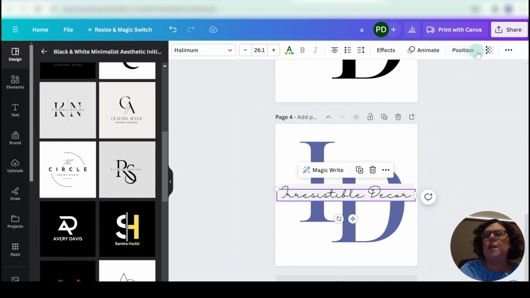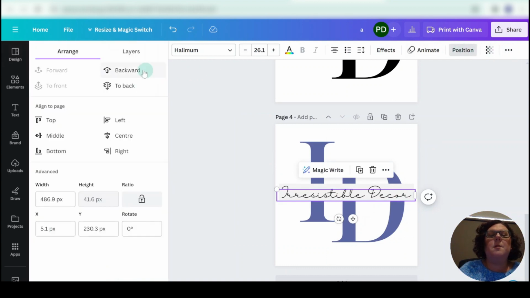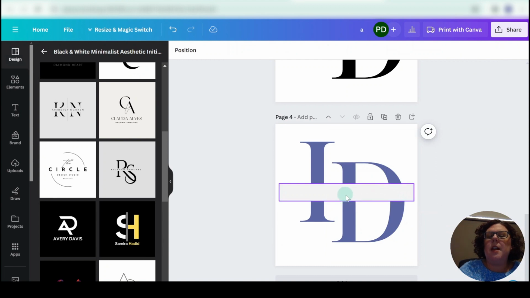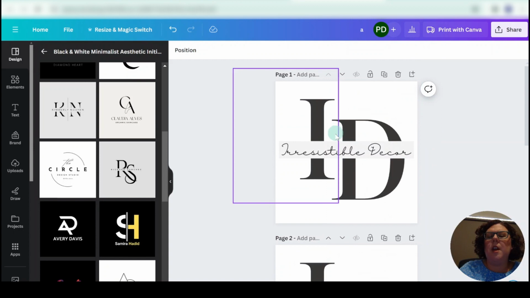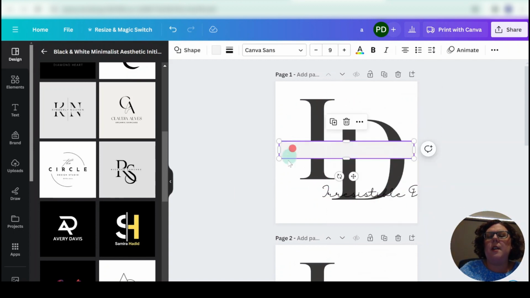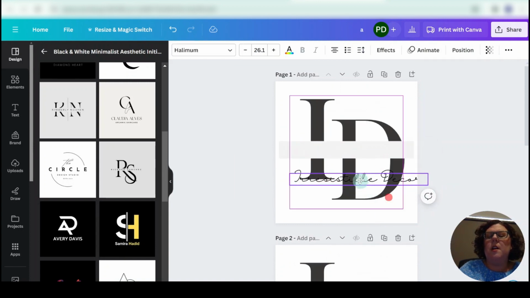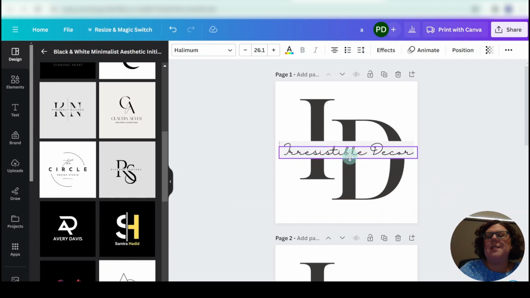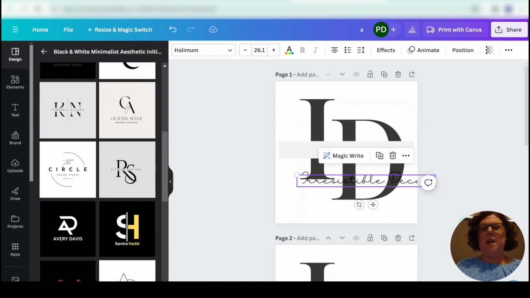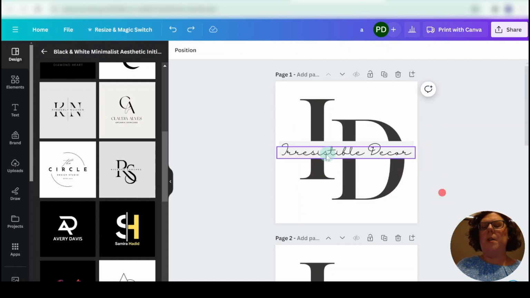we're going to click on our words, position, move them backwards out of our way. I'll just scroll up here and show you that. You can click on an element and you can move it out of your way and then click on the element there. But then once you've changed that element to what you want, it's very hard to get this back into exactly the same spot. So I don't like to move elements around if I can help it. I'm just going to Control Z and put that back where it belongs, because